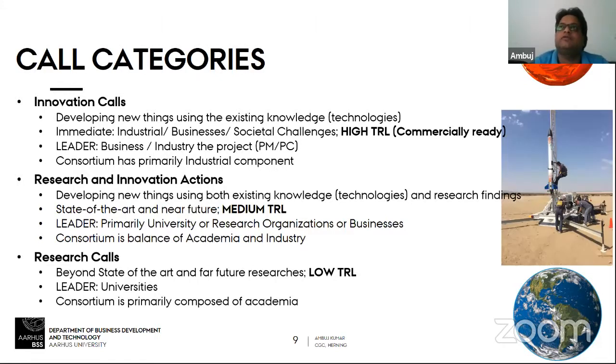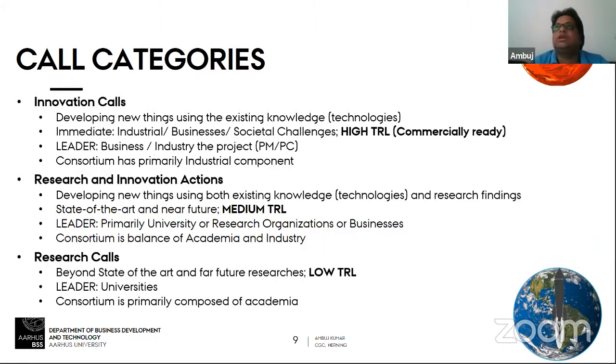And then if you create a prototype, then you are actually into RIA actions, because it takes your research into prototyping. And then eventually, when you have built your rocket, it is an innovation call. So in a single process, you can see that all three calls can be sought.